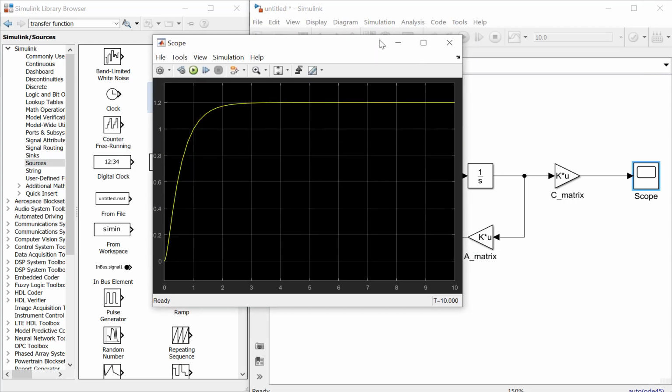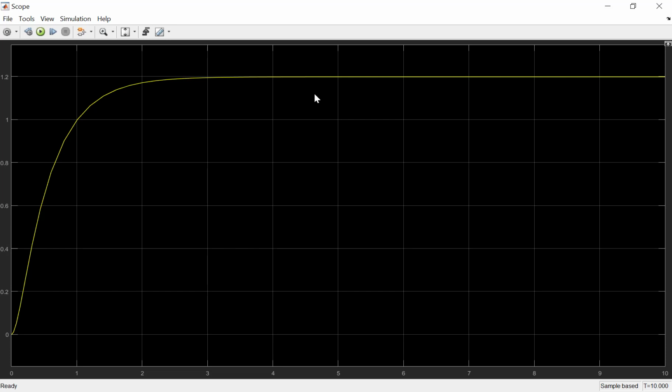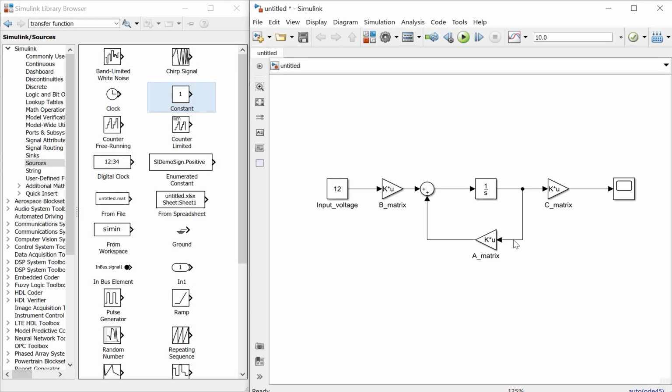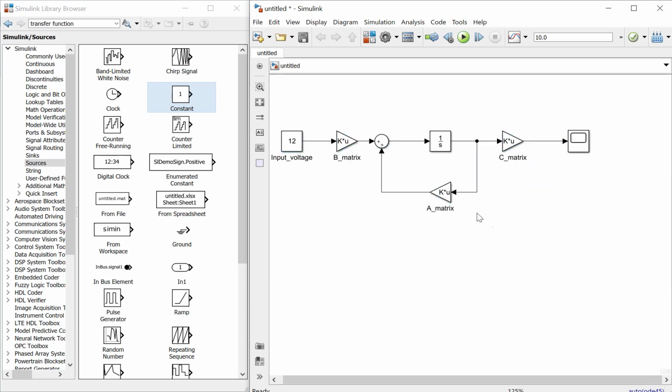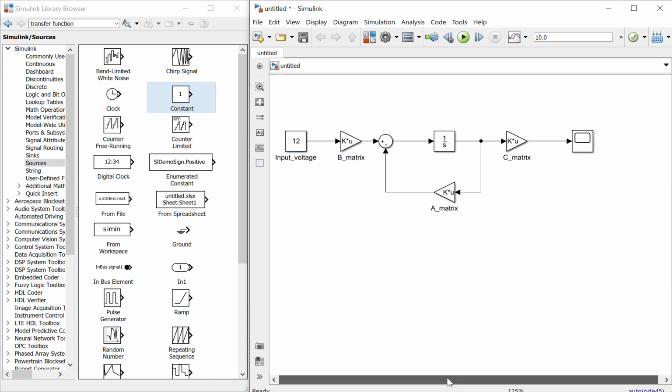Okay, this is the response. So the system is stable at some point here. At this point, it is 1.2 here. This is the open loop simulation. We just give the input.